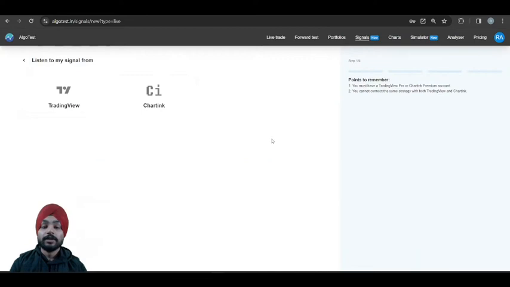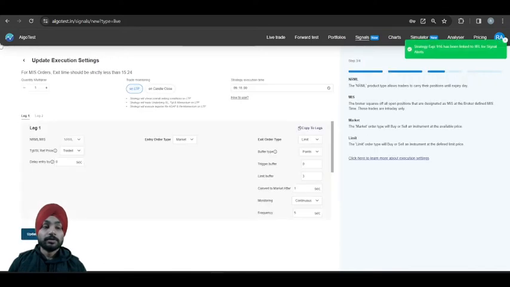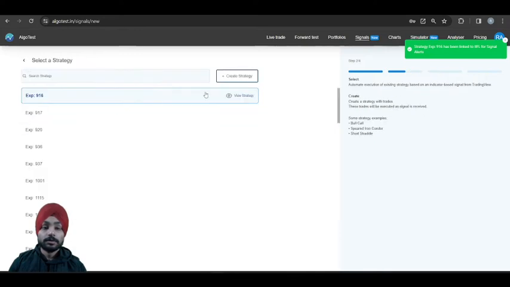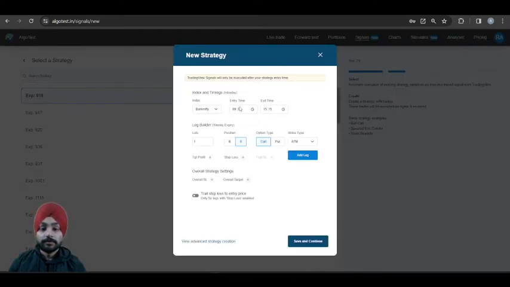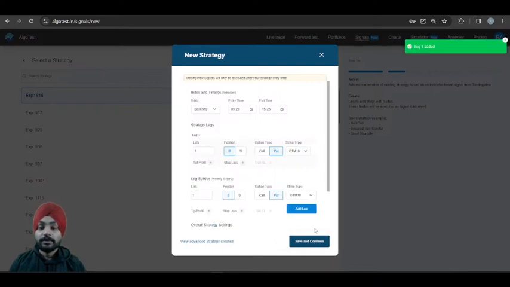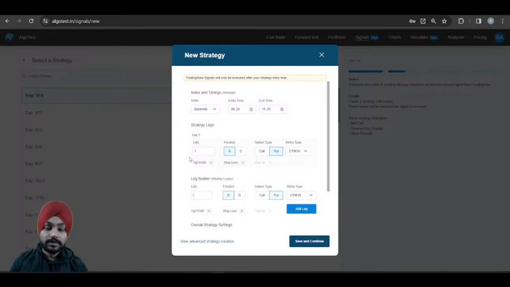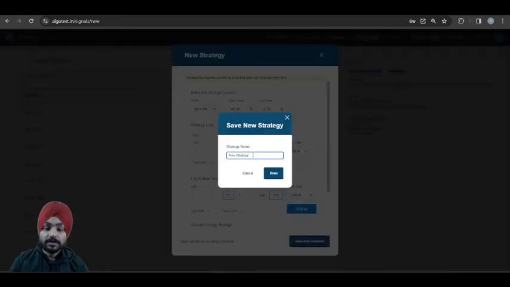whenever the short entry and exit comes. So I'm going to just quickly do it. We're going to choose TradingView, live deployment, not this one, create new strategy, Bank Nifty, entry time to be 2025, buy put. I'm again selecting OTM 10 because it's just a demonstration. Click on add leg, save and continue. Let's name it something as